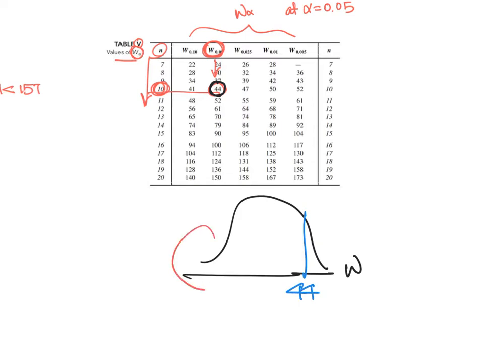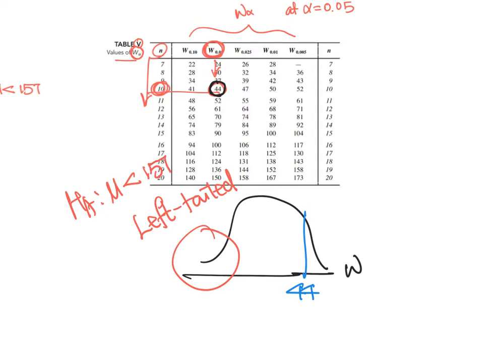But we had the left-tailed alternative hypothesis, which was mu is less than 157. So we don't need the 44, but we need the left one. Yeah, that will be the critical value. So actually we need the left one. Okay, now I want to say the W was the sum of